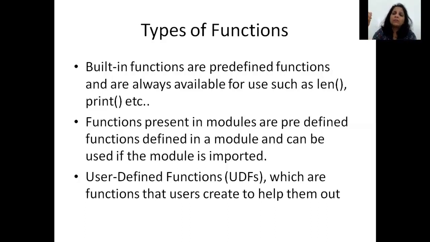Now you have seen a couple of functions in class 11 and we spoke about some of them. You've seen the print function, you've seen the len function. Now these are called built-in functions. They are already defined in the standard library of Python. So they are called built-in functions. Then you have seen functions such as POW or SQRT. Now these are functions that are present in a module. And what was the name of the module for SQRT and POW? The math module. So you can have functions which are defined in the standard library like len or print.